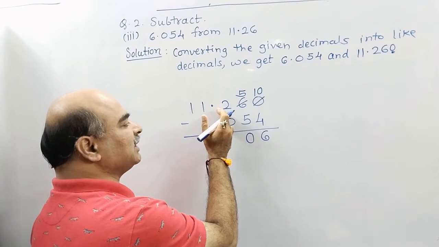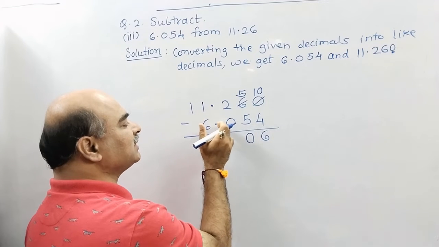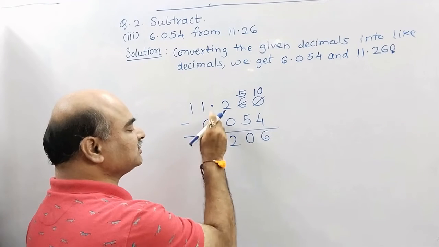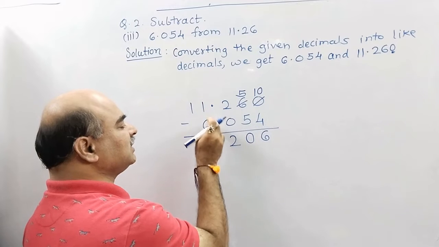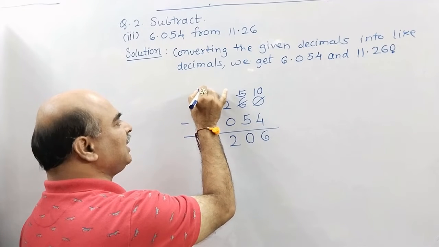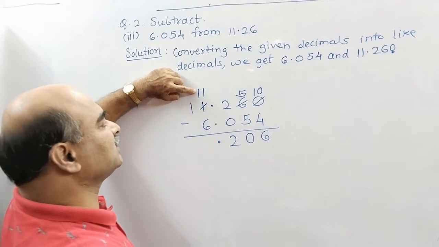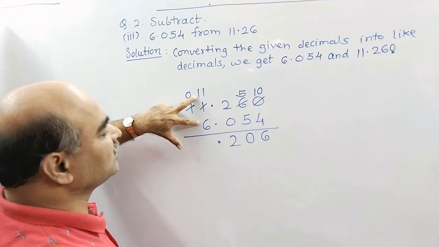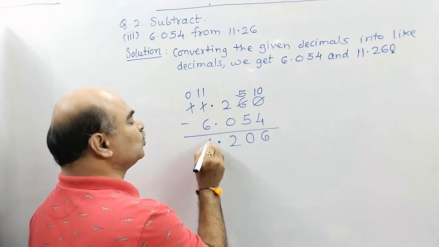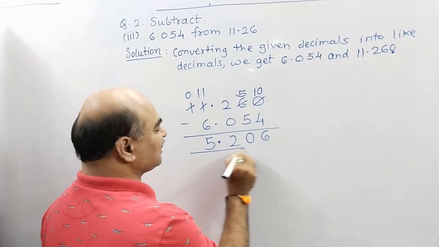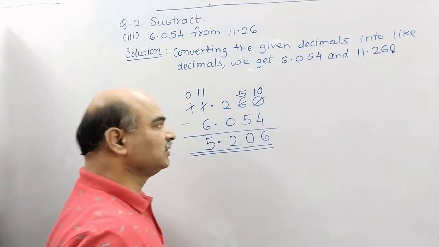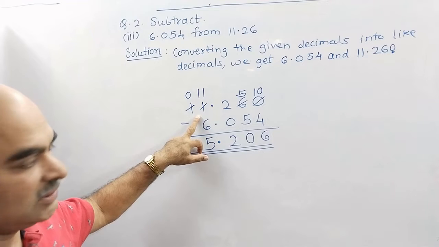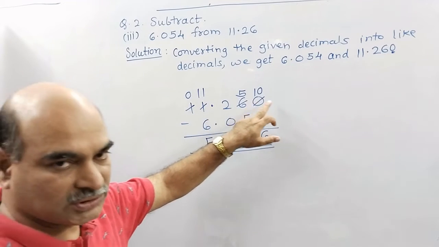Now the next place, the tenths place, we have 2 minus 0, which is equal to 2. We carry the decimal point as it is. Now 1 minus 6 is not possible. So we take 11 here, which is borrowed from this one. So 1 becomes 0. So now 11 minus 6 is equal to 5. So this is our final answer: we subtract 6.054 from 11.26, meaning 11.260, and we